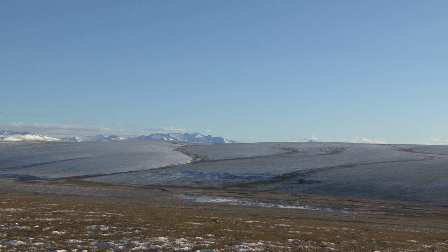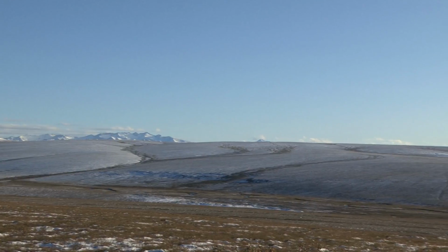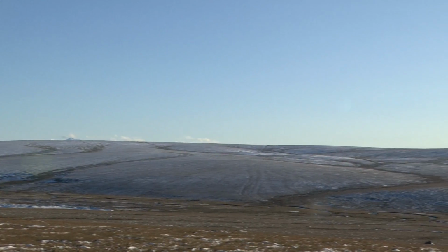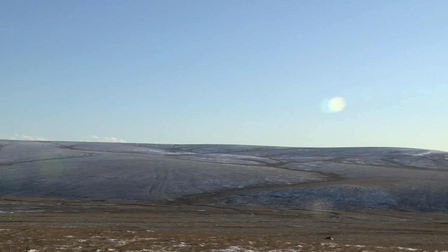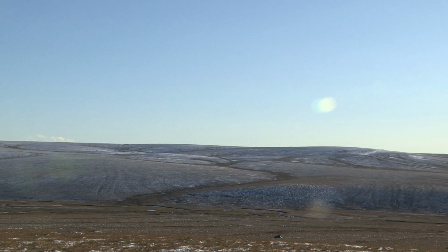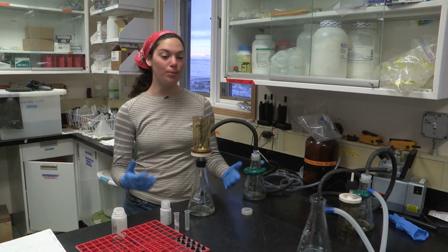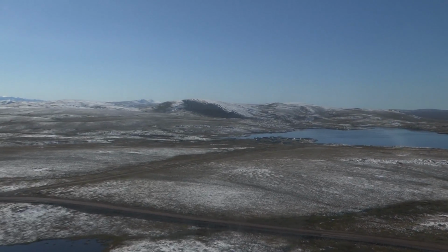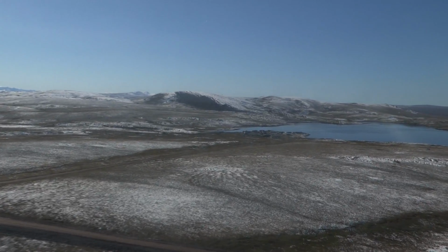My name is Rebecca Risser and I'm a master's student at the University of Alaska Fairbanks. In the Arctic, the streams here are extremely nutrient limited, and most of the nutrients they receive are inputs from the hill slope. We want to know something about where those nutrients are coming from, what makes them move there, and through that we'll know something a little bit more about what's going on in streams and what potentially could